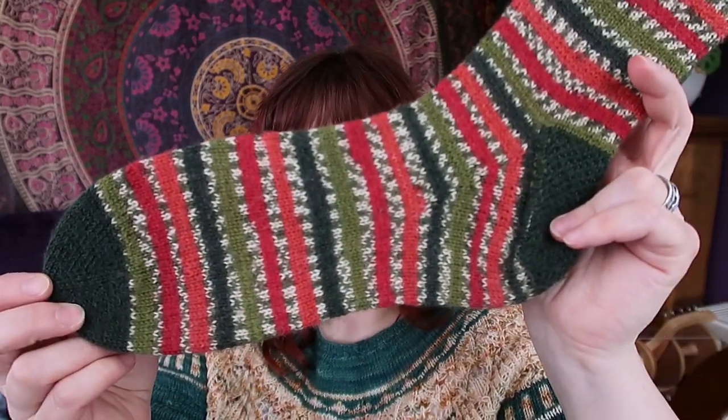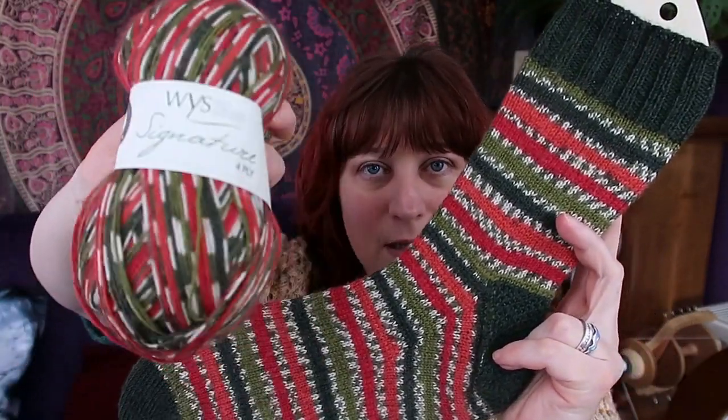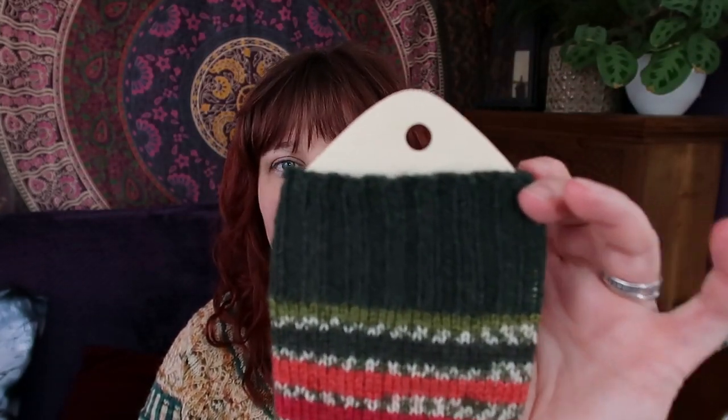The main yarn is West Yorkshire Spinners yarn. I have a second ball of it, and I believe the colourway is Hollyberry. And the contrast toes and heels, I've used up all of the yarn, so I don't have that, and I seem to have misplaced the ball band, but it is Opal Uni Solids yarn in green. I think it's 1994 the colourway, and it's this really nice dark green, which works really nice with the dark green in the